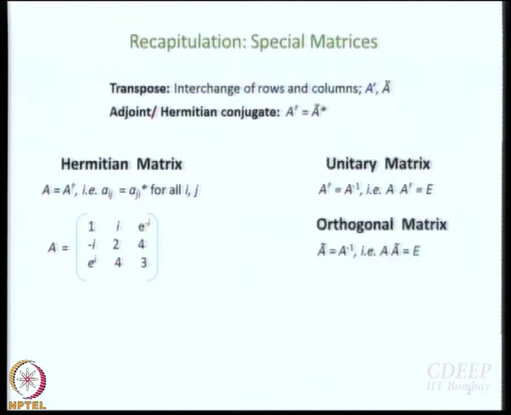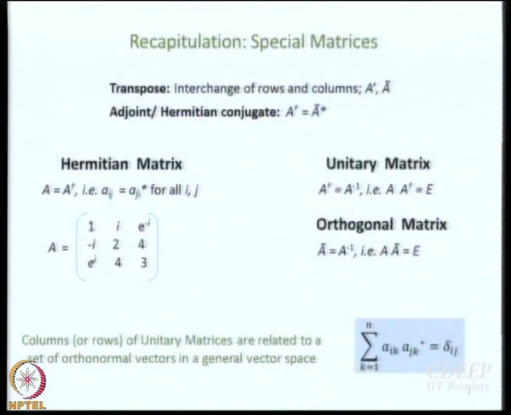And what is an orthogonal matrix? An orthogonal matrix is a special case of unitary matrix where all the elements are real. When you have to work with a real matrix, then A transpose equal to A inverse makes it orthogonal. And today we are going to see some examples of orthogonal matrices. We have already seen some examples earlier, today we are going to see more, and today they are going to be more relevant to symmetry, right.